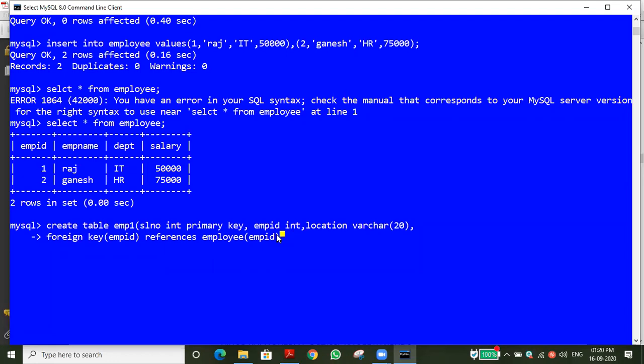The child table we are now creating, EMP1, is the child table. Here we are setting EMP ID as the foreign key, but is EMP ID a primary key here? Serial number only is the primary key, so it is not a primary key. I will repeat again: the foreign key may be a primary key or unique key in the parent table, and it should not be a primary key in the child table. It is a non-attribute. In books, they may use the word non-attribute key. Non-attribute means the EMP ID is not originated in this table. We are always referring to the previous table, that is the employee table only.